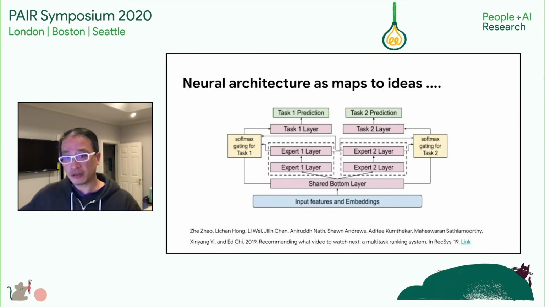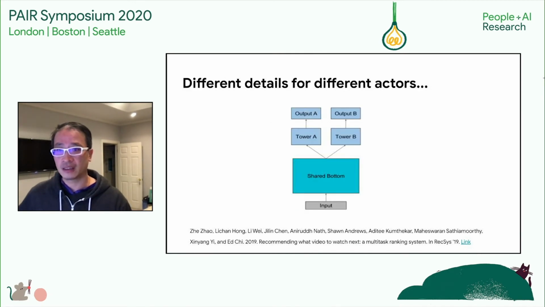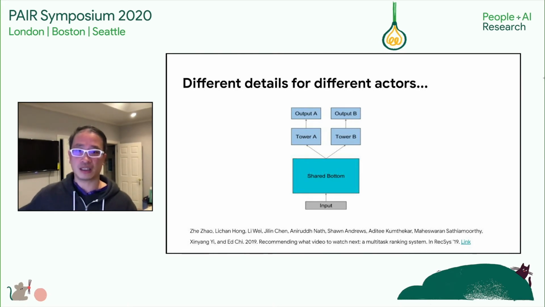Now, what I showed you earlier is essentially an idea map, right? A map that gives you an idea of how you might be able to change these architectures to further your goals. So maybe you can add additional tasks, or you can ask additional experts, or you should be changing inputs instead of just thinking about the neural architecture. It turns out that, of course, these neural architectures can be drawn at different scales, at different granularities, and so we can create different details for different actors or different communities of practitioners in the space.